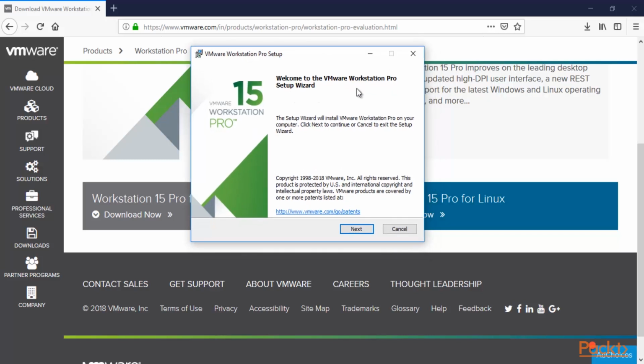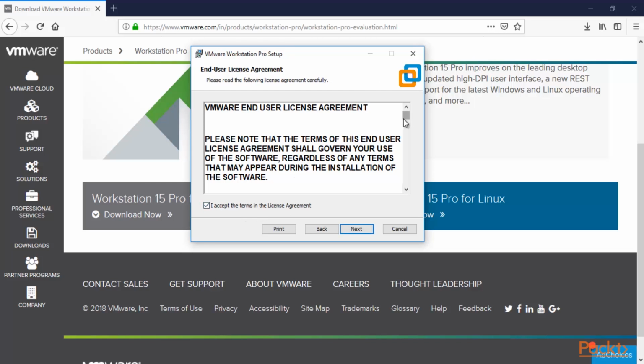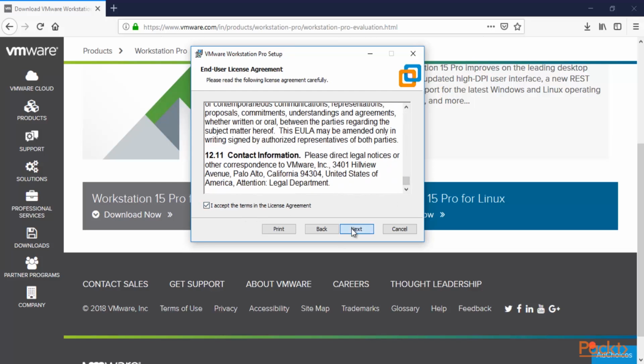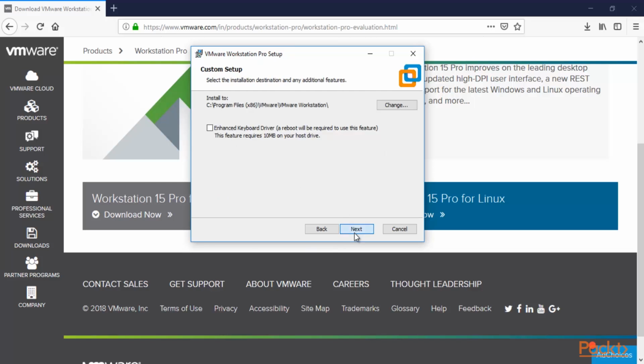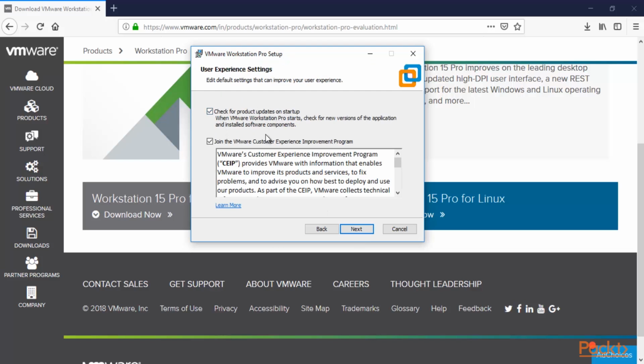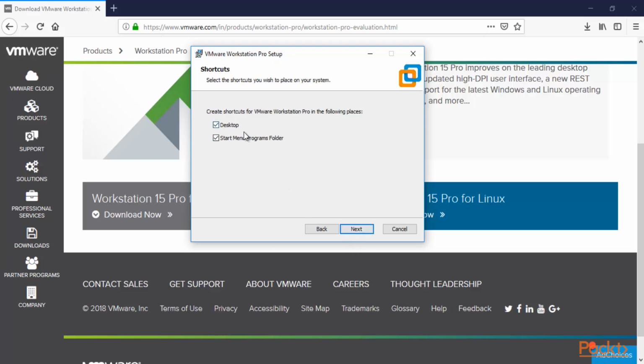This is the setup wizard of VMware Workstation. Click next, accept the agreements, read it, then hit next. Click next again. If you don't want to be a part of their improvement programs, you can untick both of them. Click next. If you want to create a shortcut on your desktop, you can click next and